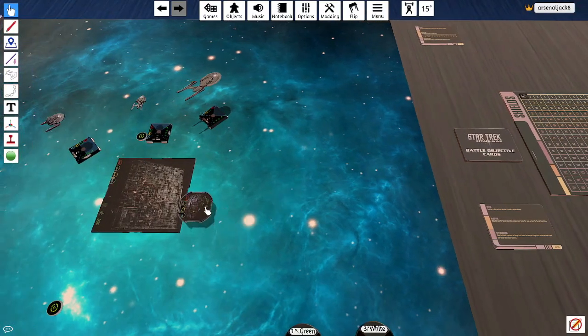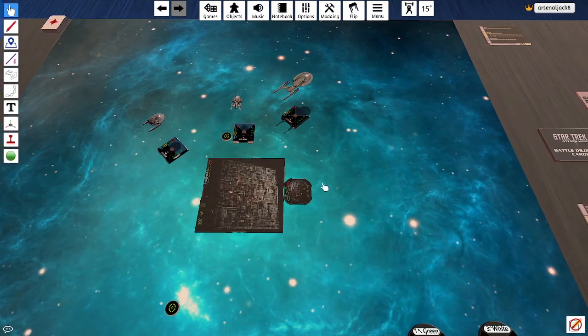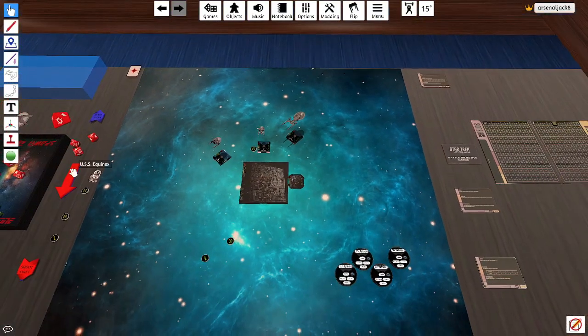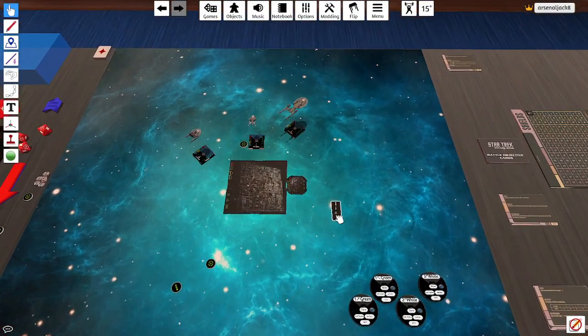And here he comes. So he comes out now from the side of the sphere. Every turn he does a 1 straight maneuver. So here we go. Let me just turn that around, and the sphere will always move first. So I'm just going to do that and move the sphere 1,